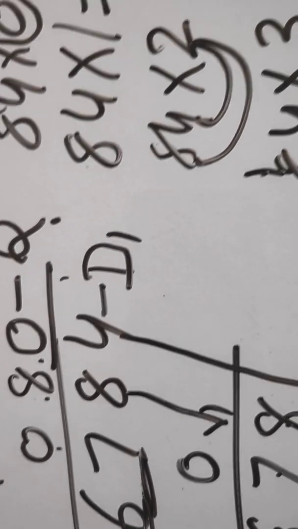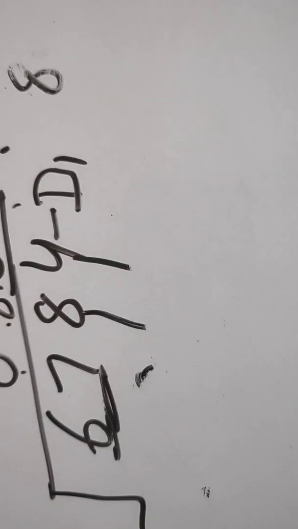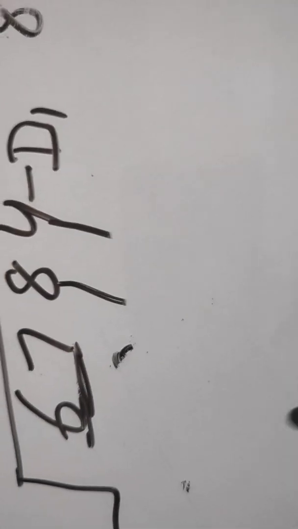Now you have to check your answer. Now you can check whether your division is right or wrong. See how you will check it. Now I will write here verify. And the verify formula: dividend is equal to divisor multiplied by quotient plus remainder. Now we will put the value.